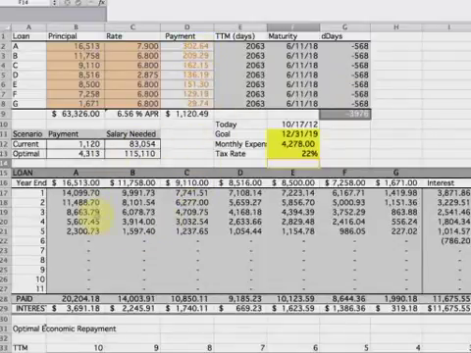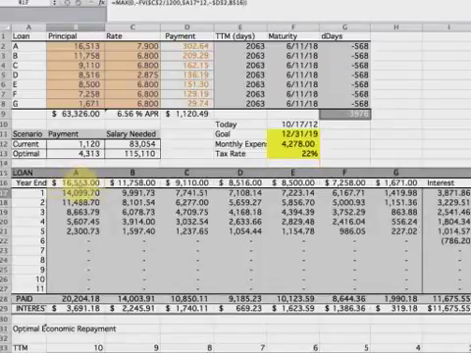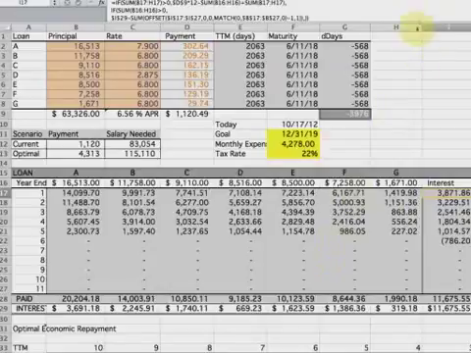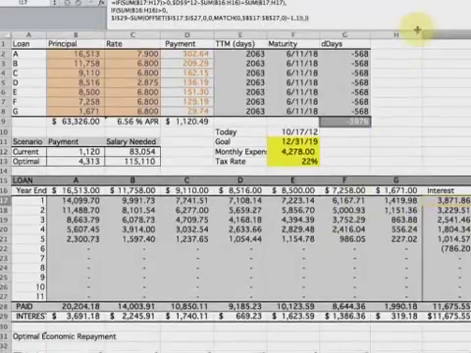And before we do run the solver, let me discuss a little bit about this loan table below. So here we see again the 7 loans with the starting principal, and then in each cell we see the end of year balance. So the end of year 1 for that loan, the end of year 1 for that loan, and so forth. And on the far right, we see how much interest is calculated, and I have a